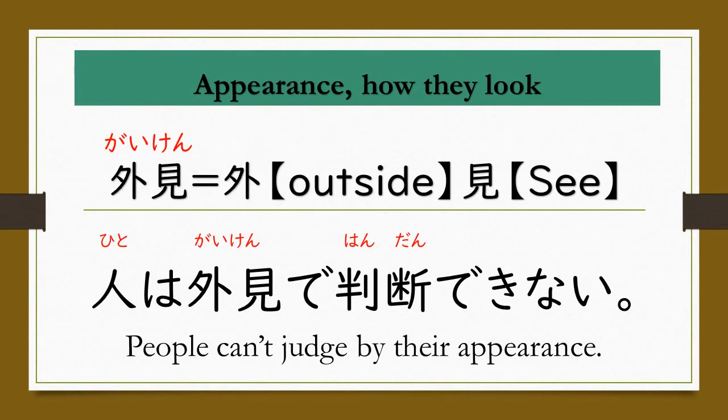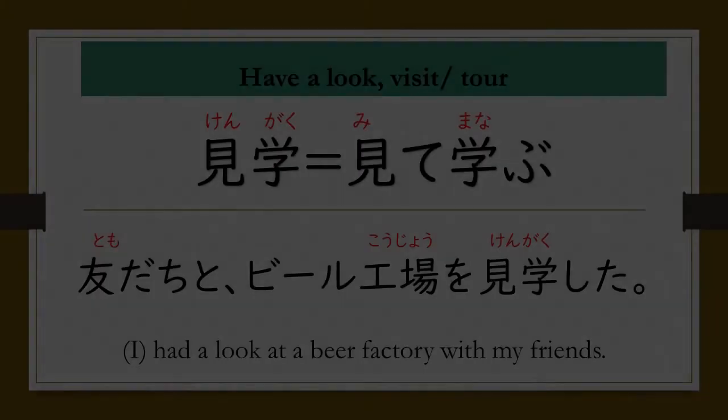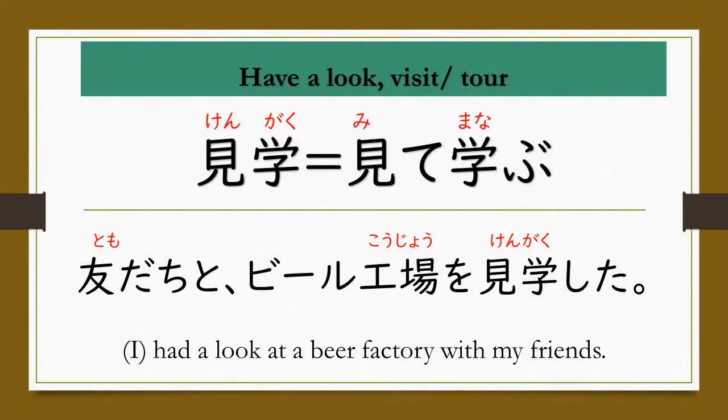Next, appearance, how they look. 外見。When you see the kanji meaning, 外 is outside and 見る, see. So makes sense. Expression, 人は外見で判断できない。People, 人は can't judge. 判断できない。By their appearance, 外見で。人は外見で判断できない。